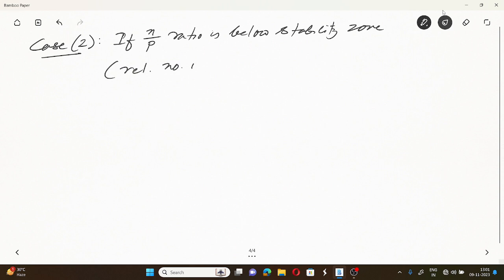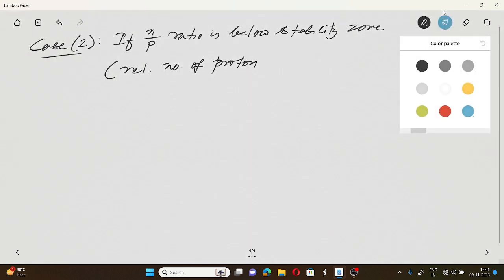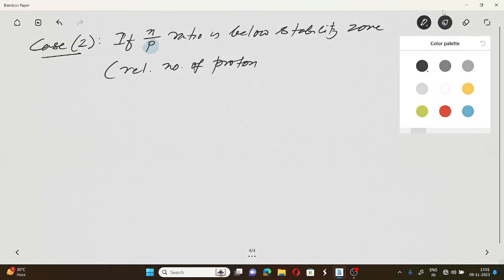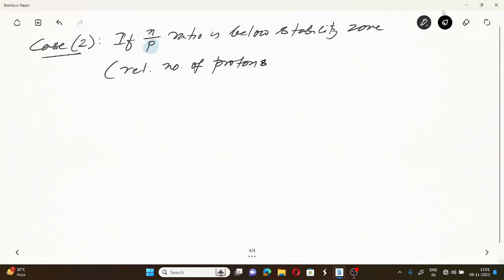relative number of protons are higher। স্টেবিলিটি জোনের থেকে কম হচ্ছে মানে প্রোটনের সংখ্যা নিশ্চয়ই বেশি হচ্ছে। রিলেটিভ নাম্বার অফ প্রোটনস must be higher। So since n by p ratio is below the stability zone, we can say that the relative number of protons will be higher। এখন এই রিলেটিভ নাম্বার অফ প্রোটনস হায়ার মানে প্রোটনের সংখ্যা কমাতে হবে in order to gain stabilization।